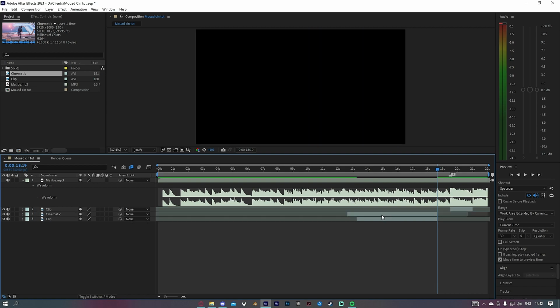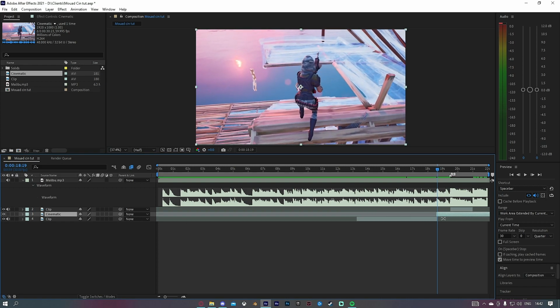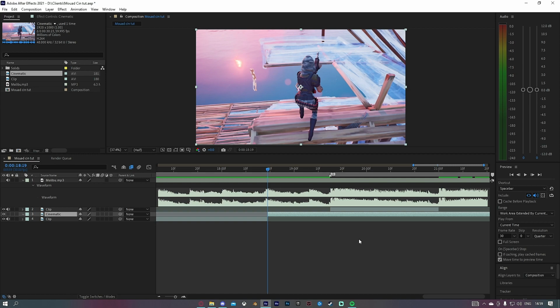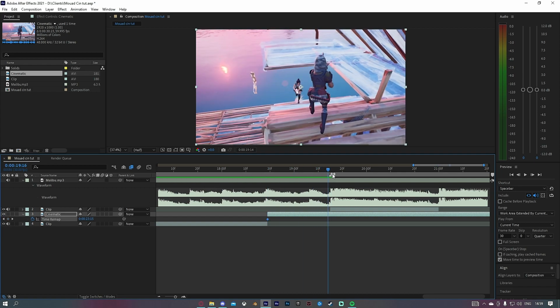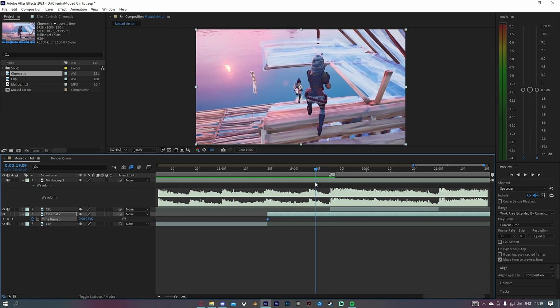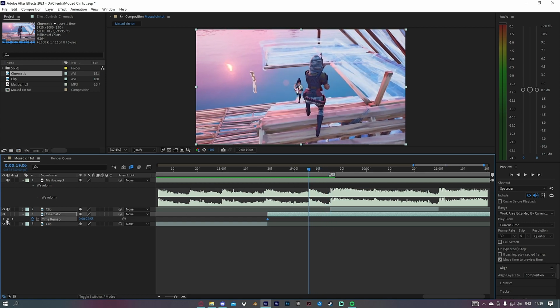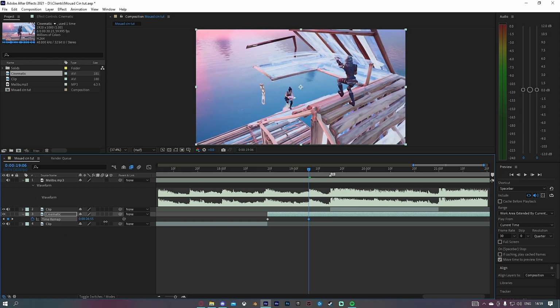Control Shift D. We're also gonna mute the cinematic as well, as we don't really need audio in cinematics. I'm just gonna line it up. Alright, so now we're gonna enable time remapping on the cinematic by pressing Ctrl Alt T and putting a keyframe at the start, and then go around 10 frames from this kill and put another keyframe. I'm just gonna put mine on this beat right here and drag this out to the right